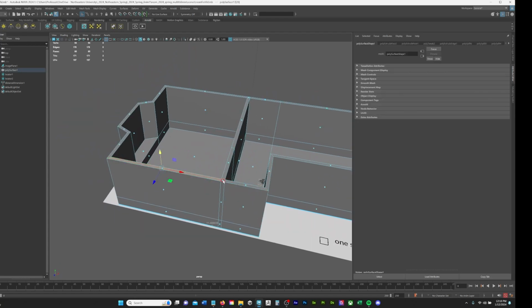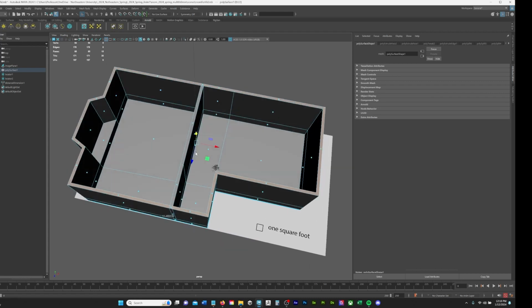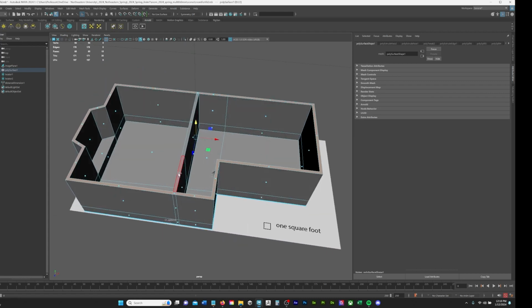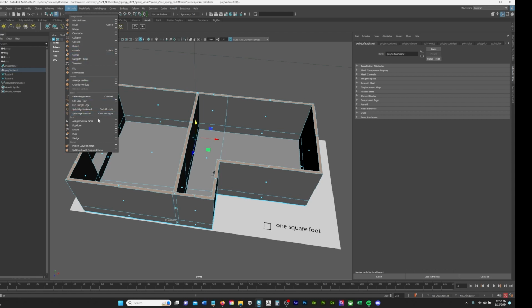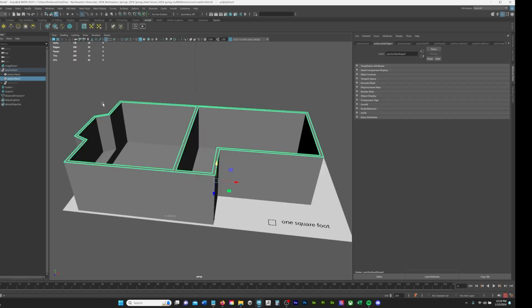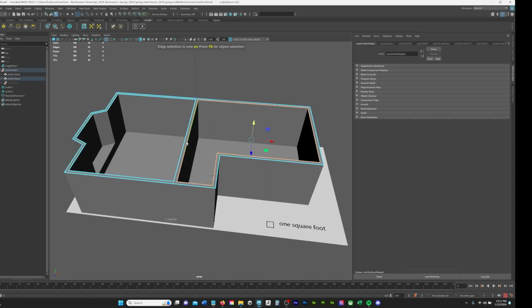And I'm going to select those walls. Here we go. And I'm going to make a ceiling from them, so make sure it fits perfectly. I'm going to say Edit, Mesh, Duplicate Face. So when I duplicate face, there's now this group, and in the group is the original, and then those walls that are right there. So I'm going to try selecting this inside border edge, and then Mesh, Fill Hole, and